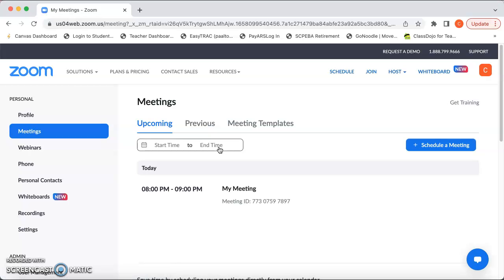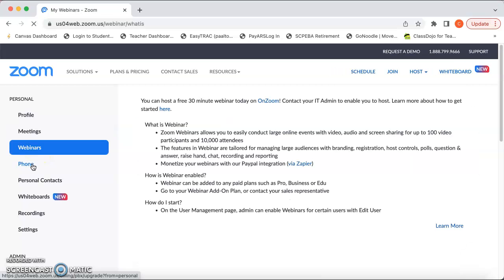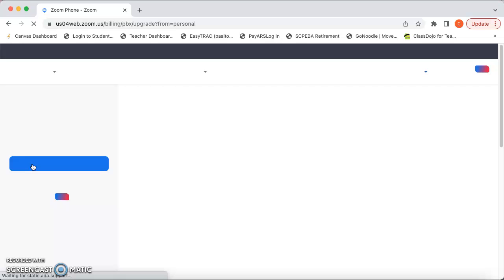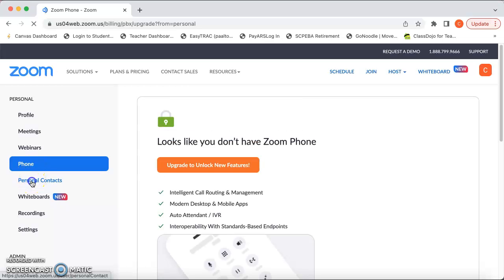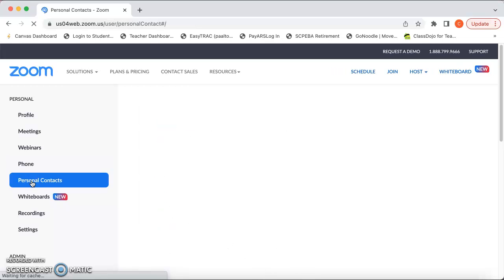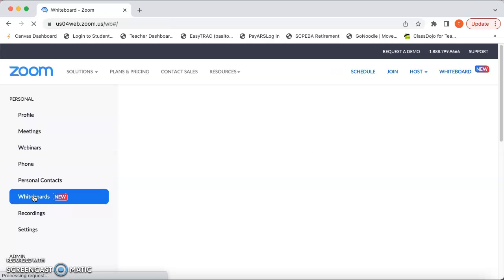On the home page, you can see upcoming meetings, previous meetings, and meeting templates. On the upcoming, you can schedule meetings or start meetings you already had scheduled. Along the side, you see where you can change or update your profile, go back to meetings, host webinars, make phone calls, if you have that feature, upload personal contacts, create whiteboards for meetings,